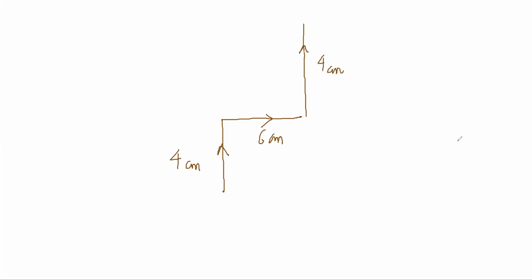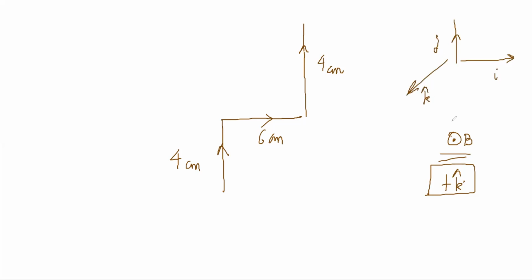This was a dot, right? So whenever it is a dot, it is coming out of the plane. So magnetic field is in the plus K direction, right? My usual way to define it is I like this, J like this, K like this, right? This is the normal way to define it. Sometimes, like in the third question, they had changed everything. So you have to be careful. But in this question, it is coming out. So magnetic field is in this direction, plus K.